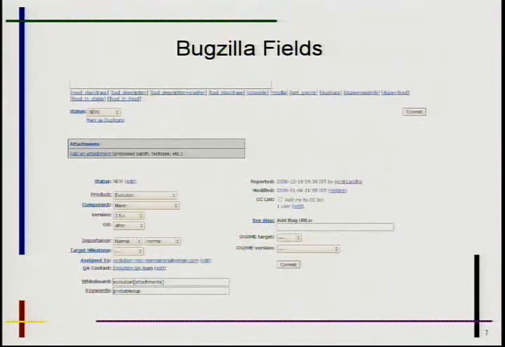GNOME version is similar to the application version. The application version may be different and the GNOME version will be different, so it's good to put the right GNOME version there. Apart from that, if the user wants to attach any stack trace or any attachment, he has an attachment field there.